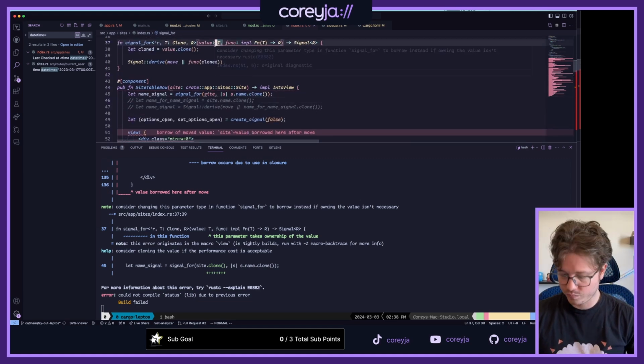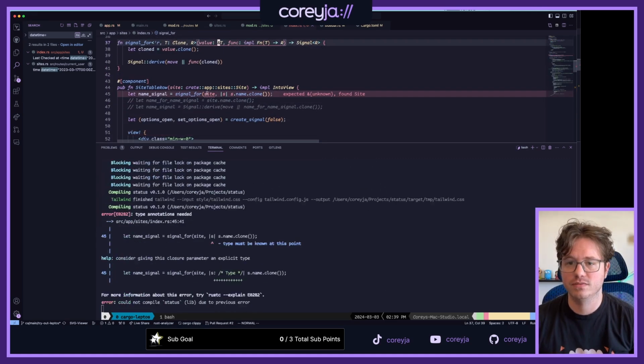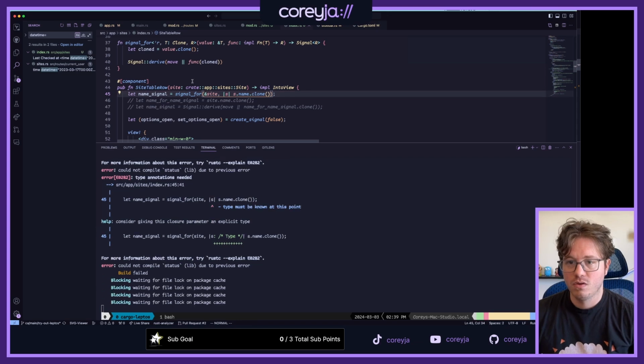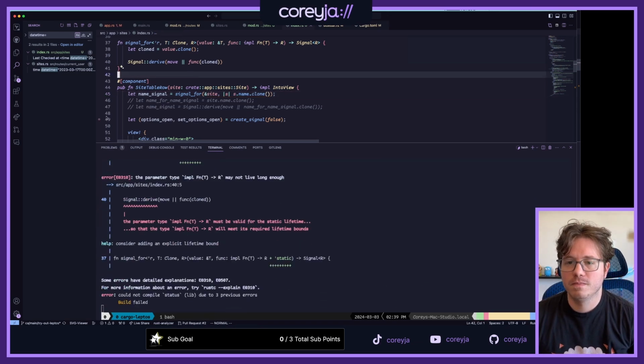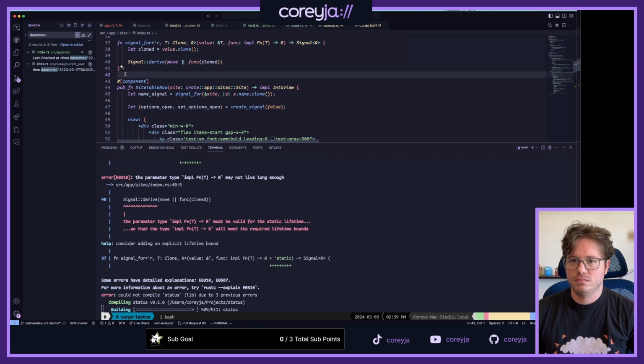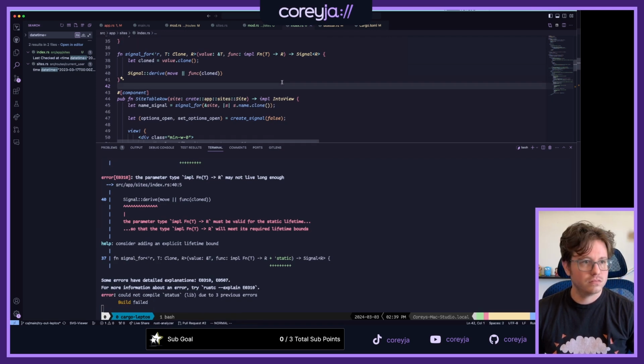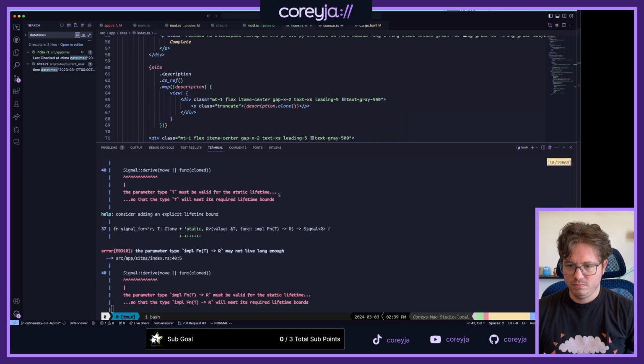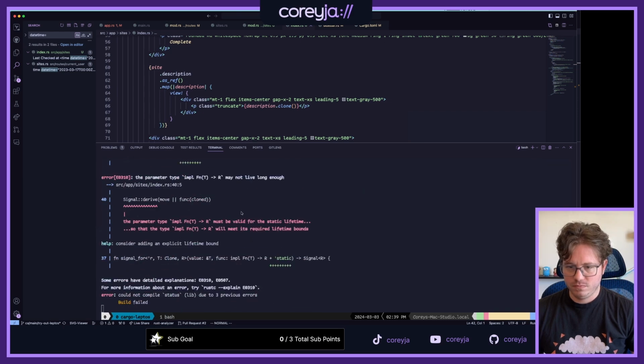It takes a reference. Wait, what? Must be valid for static lifetime, so the type will meet its.